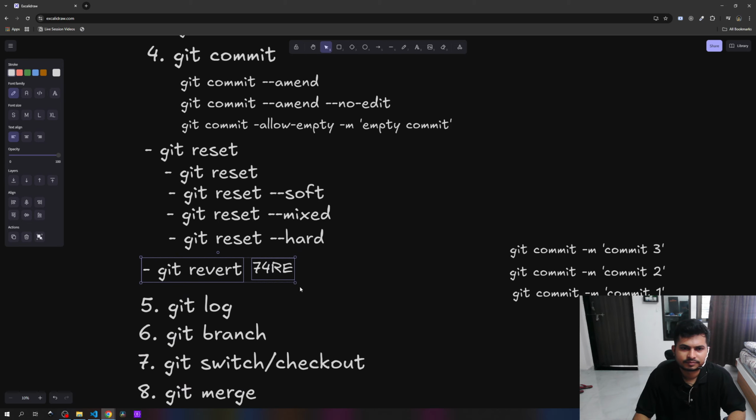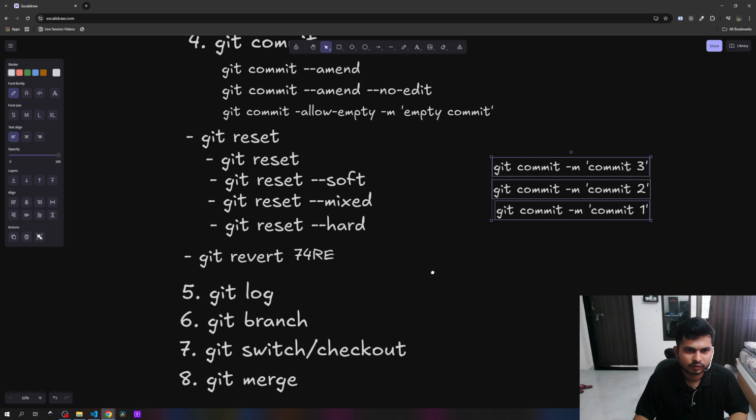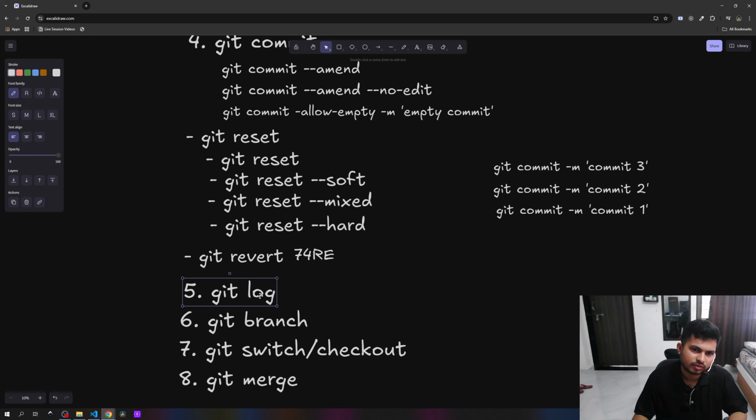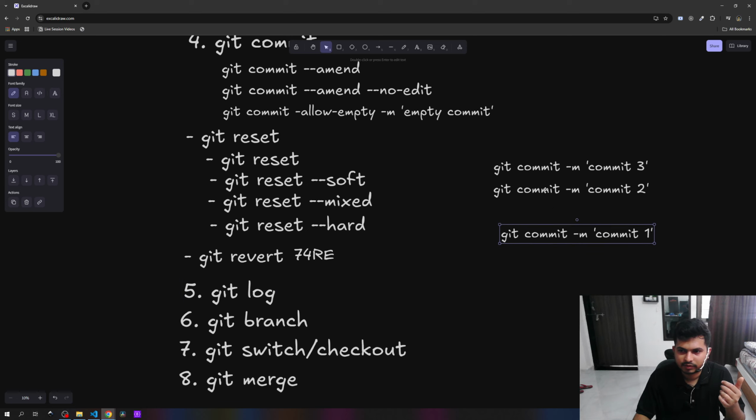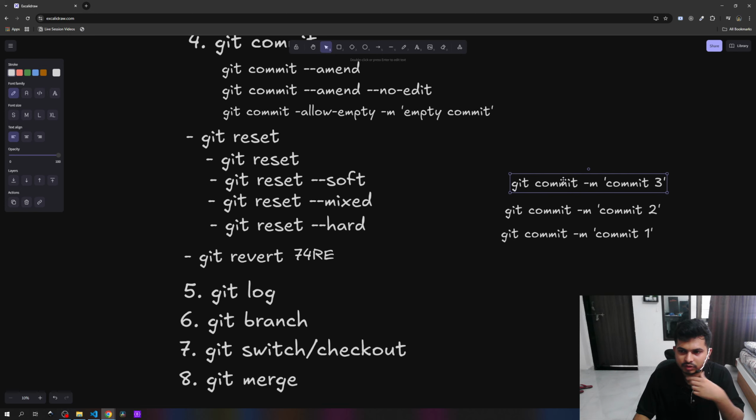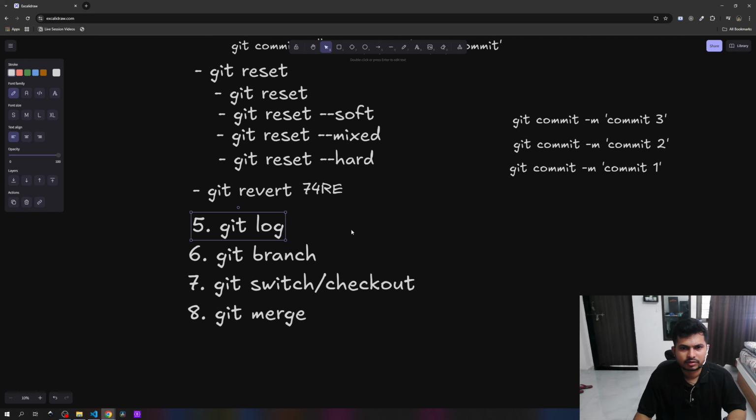Next will be git log. Git log we use to see all the commits, all the commit history, like commit 1, commit 2. It will show all the information: date, author, commit message,